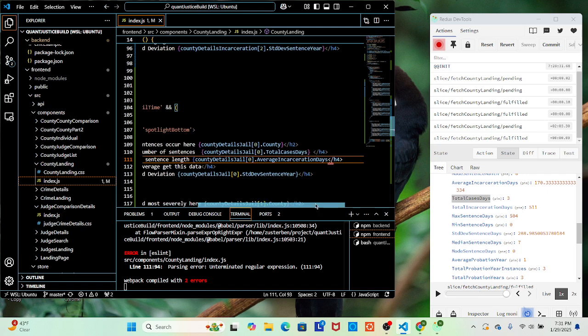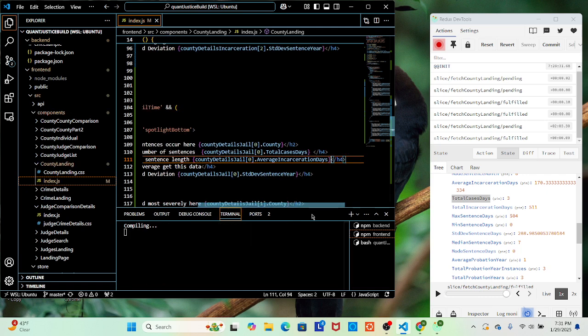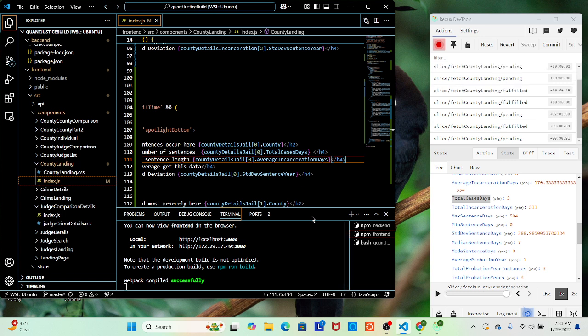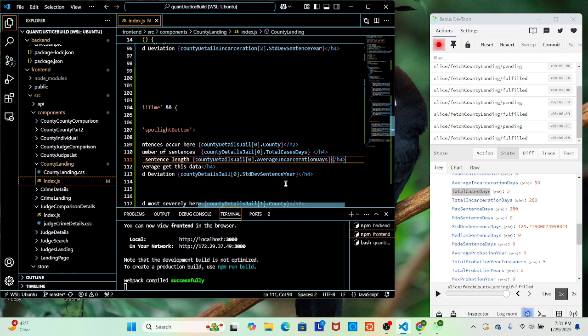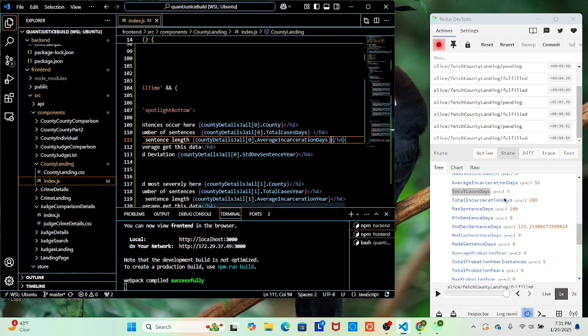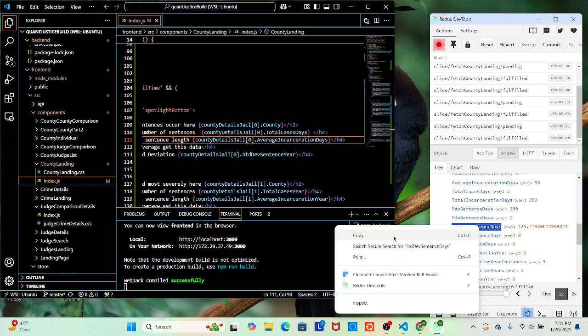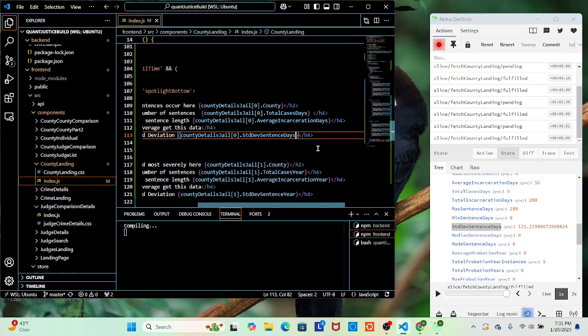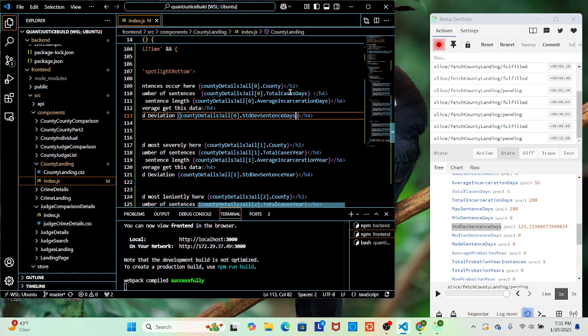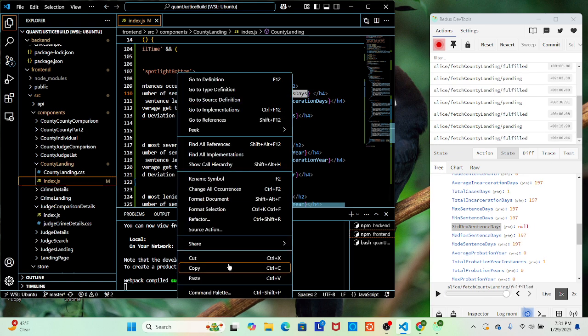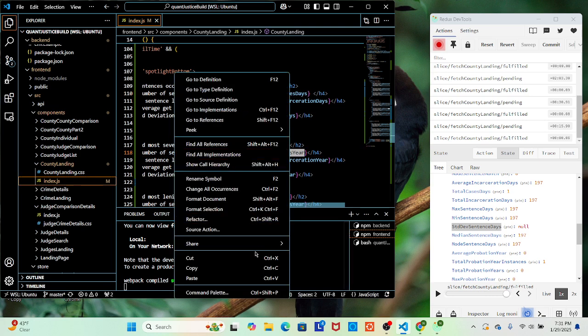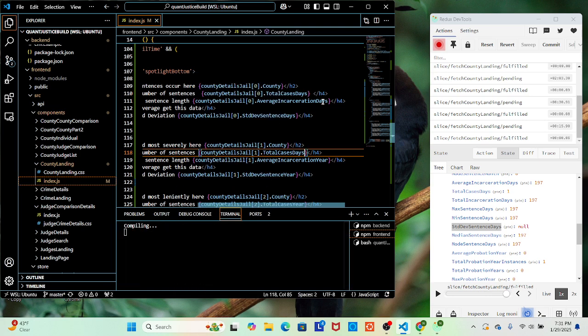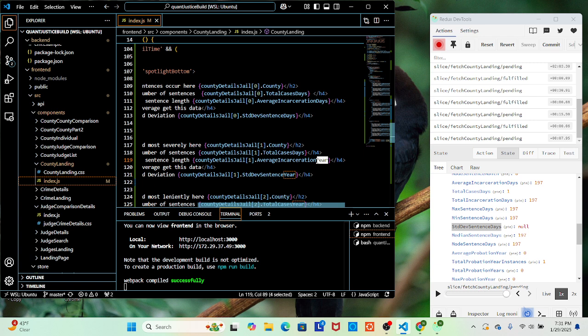And there's an error because we didn't do that. So you're going to complain. Days. Get data, standard deviation, standard days. Copy and paste you. County, total cases, days. Average incarceration days.